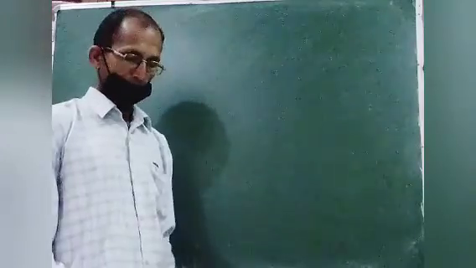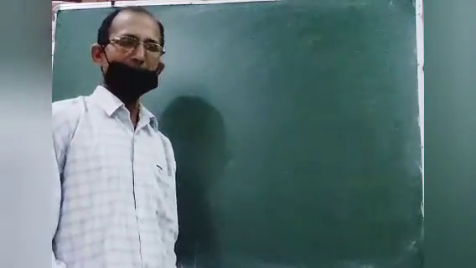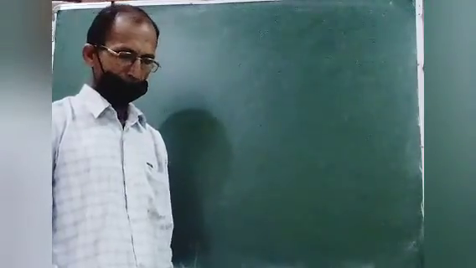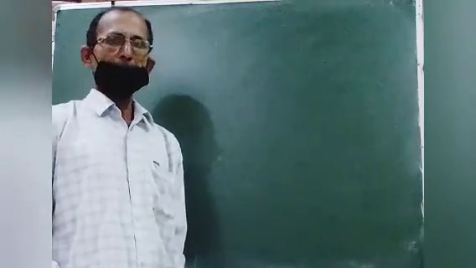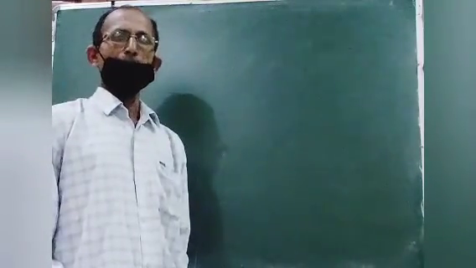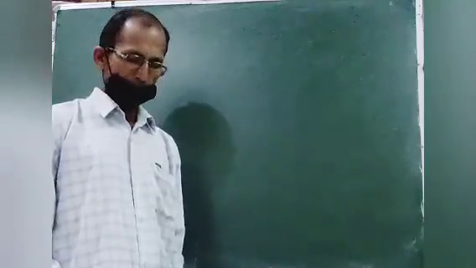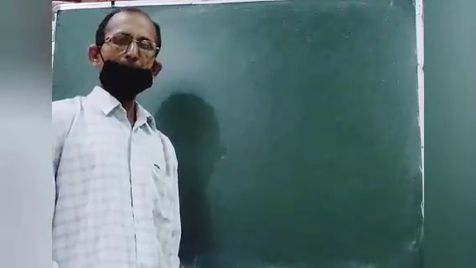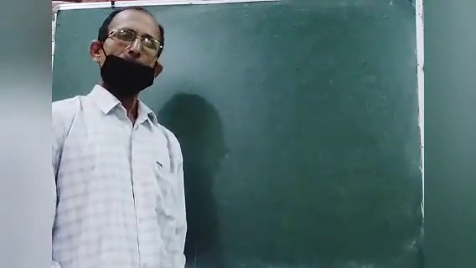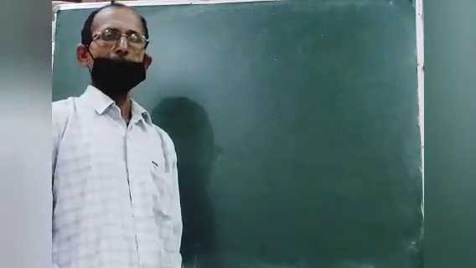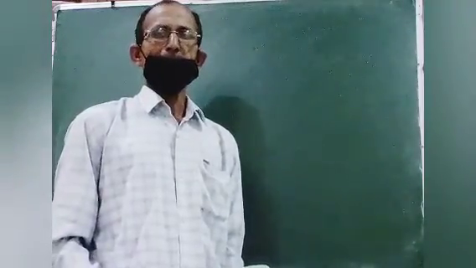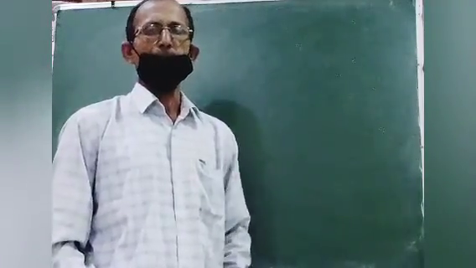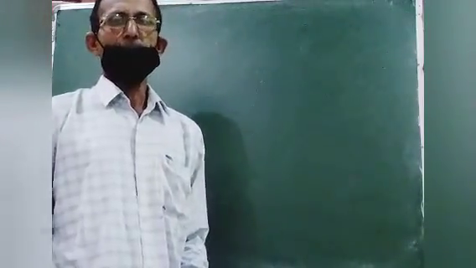Hello students. So chapter number 7 of class 7 is going on, and we discussed the angle sum property, parallel lines, and vertically opposite angles. So today we will discuss a new point and one theorem related to this topic that I will prove. What is the statement? The exterior angle of a triangle is equal to the sum of interior opposite angles. So we have to prove this theorem.